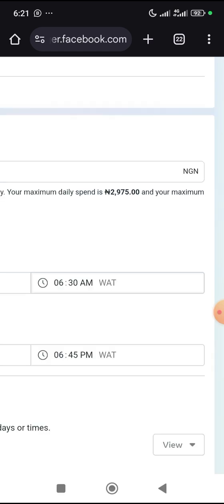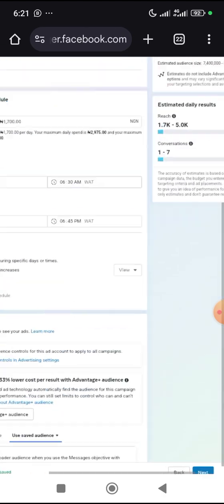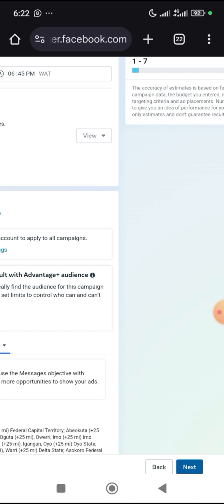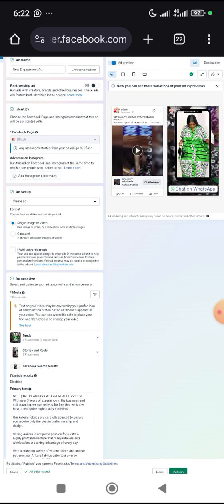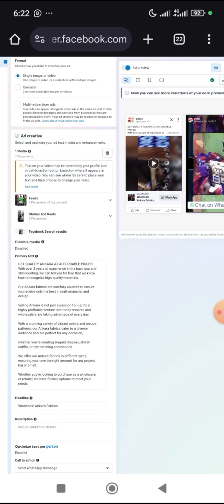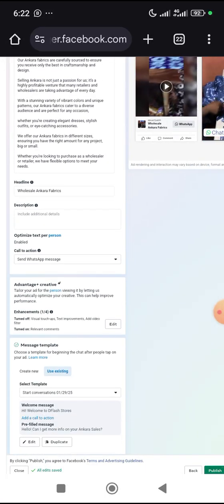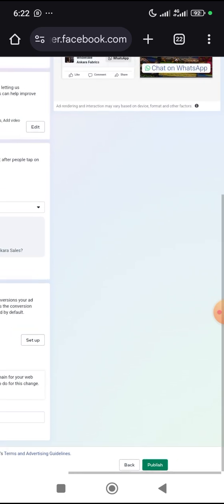Then once I'm done, I want to go back. Let me just go and click on next. So I've clicked on next. I want to check, hope anything did not change here. Hope everything is still on track. Okay, everything is still on track. Please avoid setting it to like 2 minutes, 5 minutes, because you want Facebook to just approve your ad fast. No, don't do that, because they need time to verify too. So when you click on publish, if your ad goes well, you see this one of three,